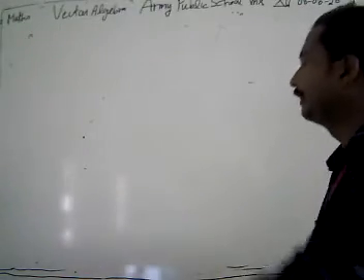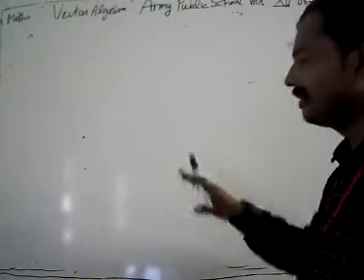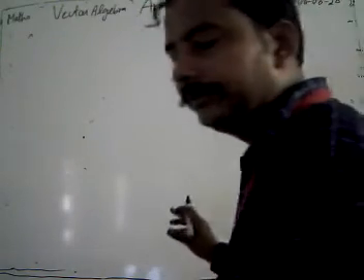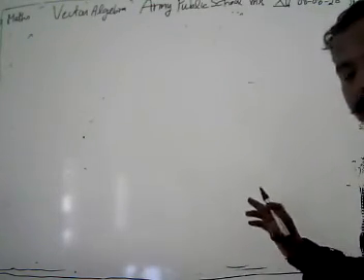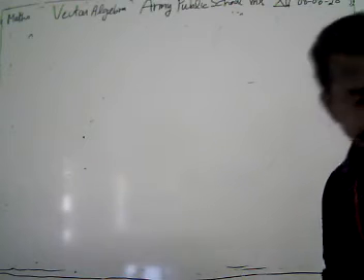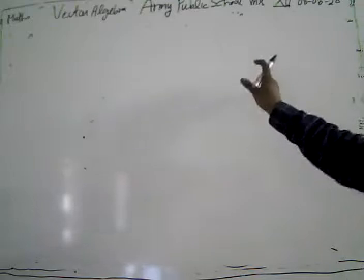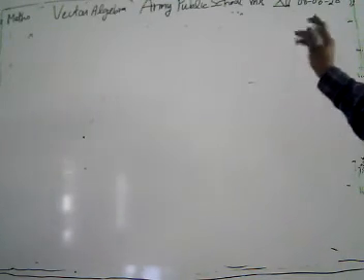Again, we take one of the geometrical problems from geometry. Prove that the median to the base of an isosceles triangle is perpendicular to the base. You have also done this as a theorem in your class 9th level. We have to prove that the median to the base of an isosceles triangle is perpendicular. We have taken an isosceles triangle ABC.